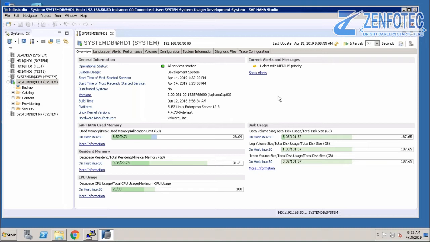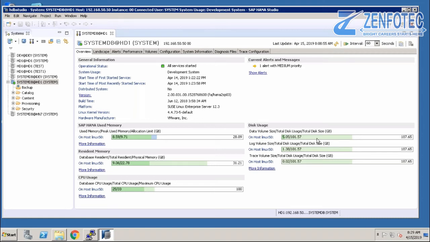If someone asks what is your database size in the HANA database, you have to say: my database size is 5.05. So 5.05 is my current database size. If you see, I'm only monitoring this data volume size for my system DB. If you want to monitor for the tenant, then you have to log in to the tenant and monitor there.